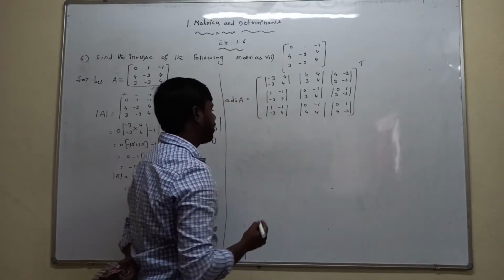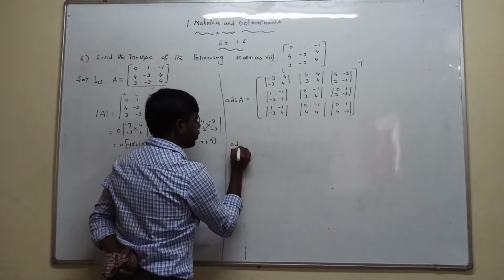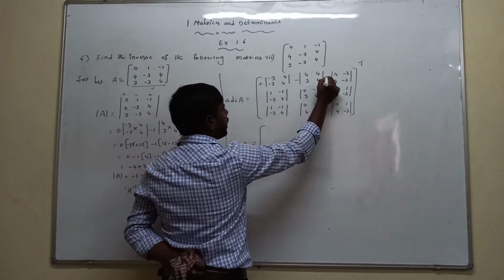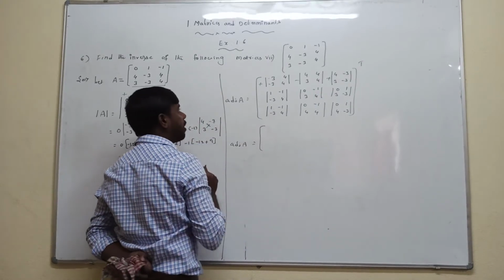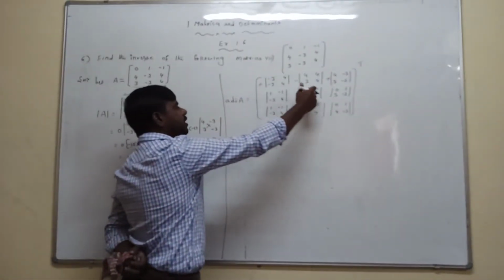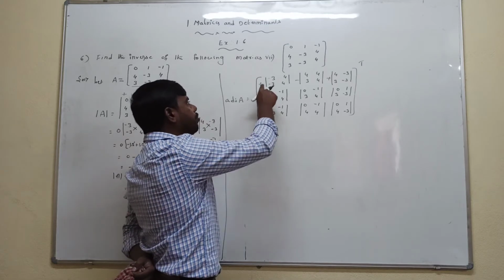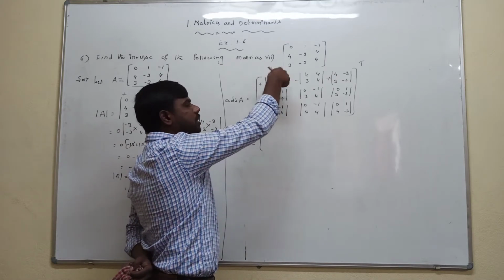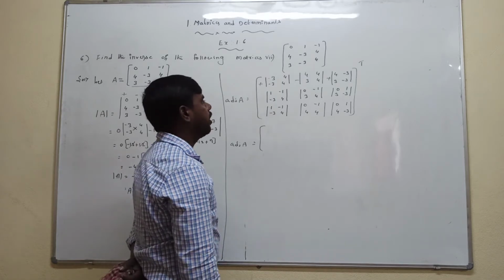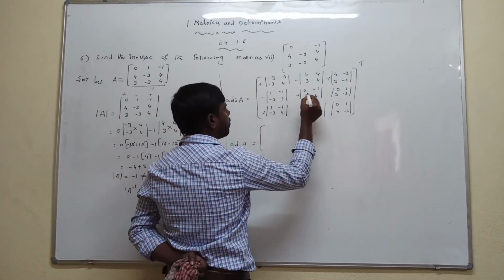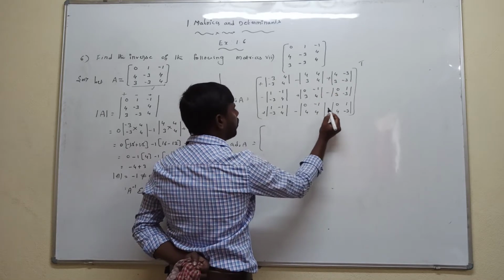Now applying the cross multiplication method. So the adjoint of A is equal to, put the symbols plus, negative, plus. Don't forget to put the symbols, because all these elements are nothing but minors. But we need to calculate cofactors. When you put the symbols, that element is called the cofactor of every element. So plus after negative, negative plus, minus after plus, plus after negative, plus after negative, negative after plus.